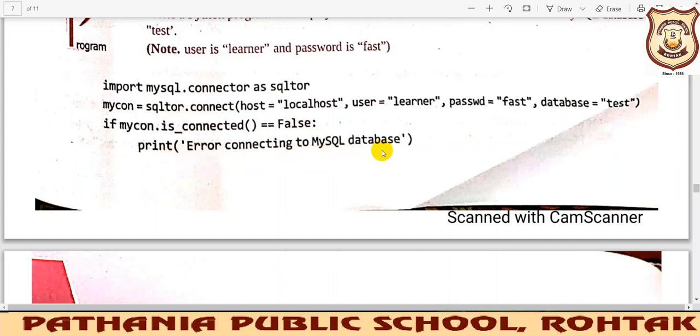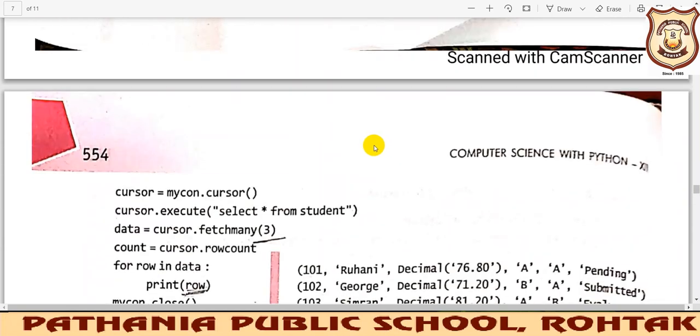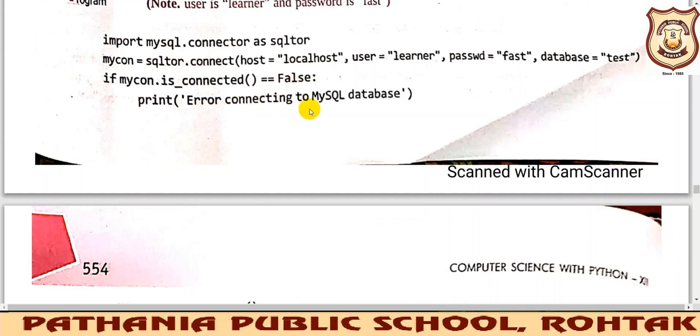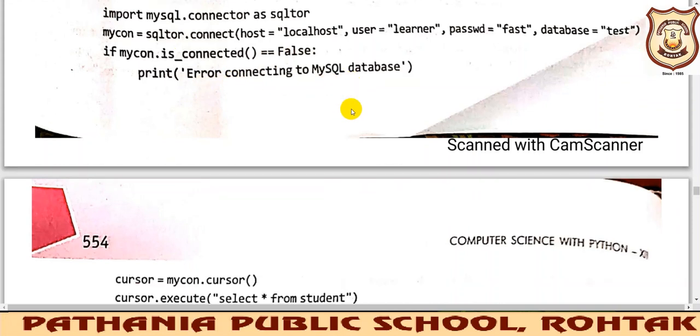Error connecting to MySQL database. Otherwise the connection is okay. If it is returning 0 and false is also 0, and both sides are equal, that means the connection has not been created. If it has not been created, then only this print message will be shown. Otherwise there will be no message.